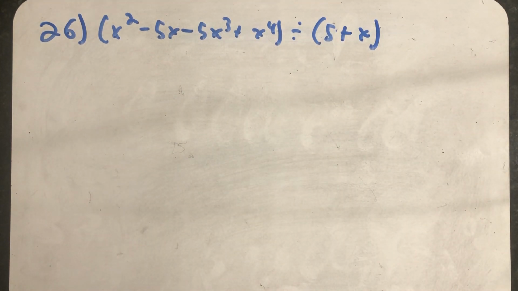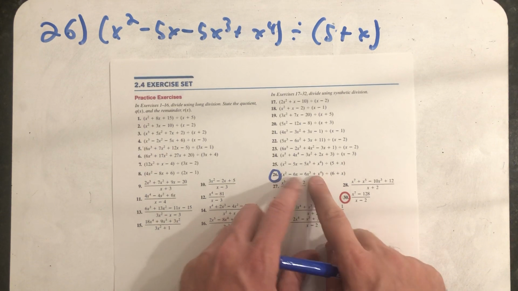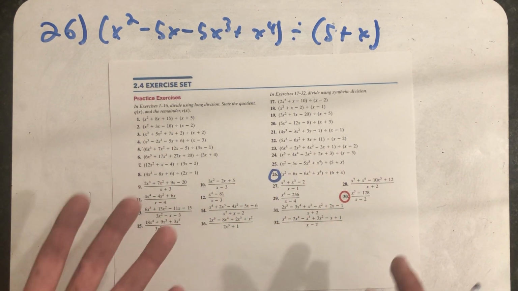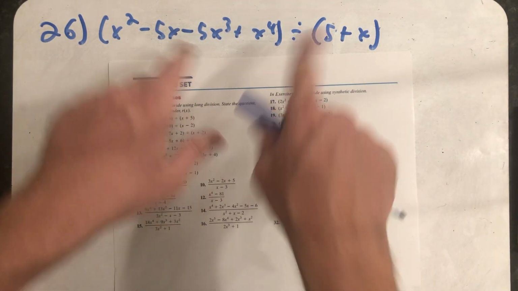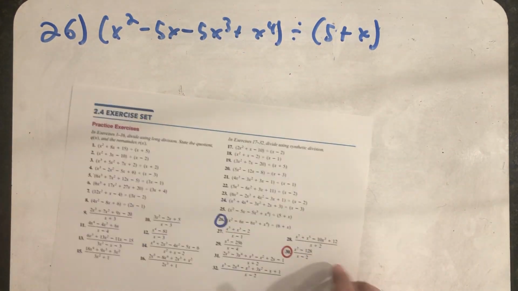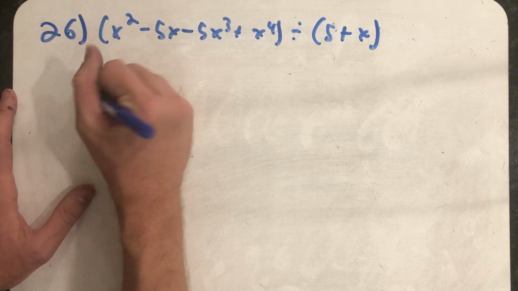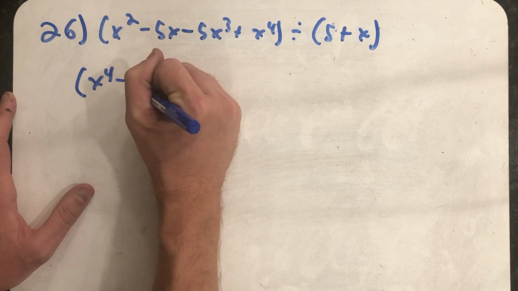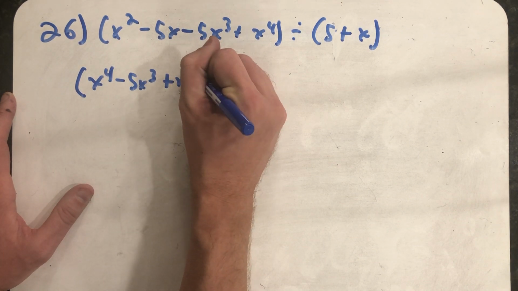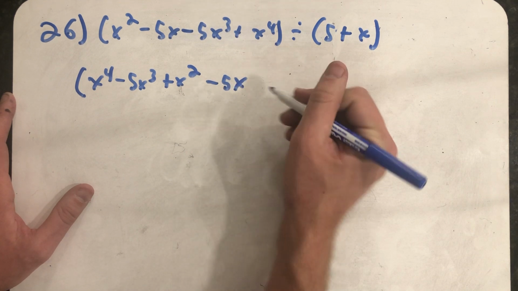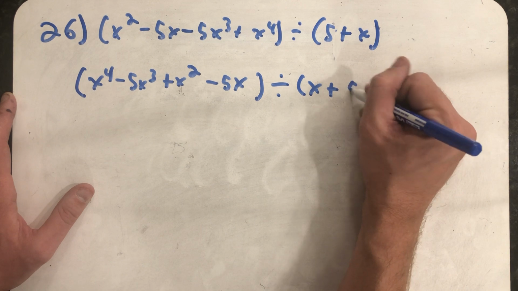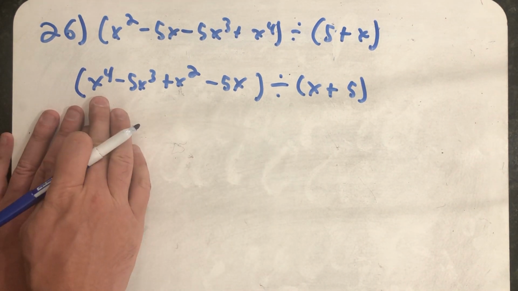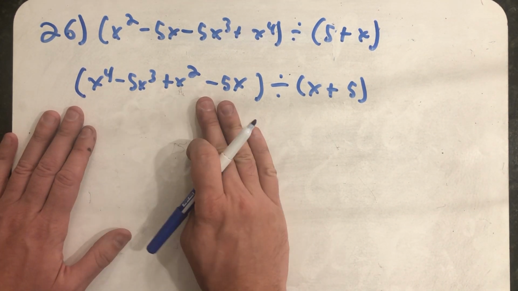All right, well, I see what the author's doing here. He's written this down in kind of a weird way where the leading coefficient is not out front. It doesn't look like a leading coefficient. So let's rewrite this so that the dividend and the divisor are written in the way we usually think about them, with the highest power of x out front and then descending by degree. So I'm really dividing x to the 4th minus 5x cubed plus x squared minus 5x by x